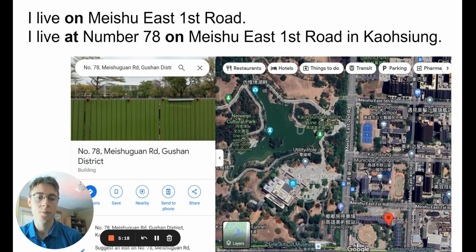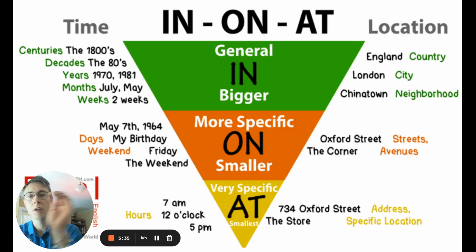Or if they know where Meishu Street is, then you could even tell them, I live at number 78 on Meishu East 1st Street, 1st Road in Kaohsiung. So it's getting more and more specific, starting with in Taiwan, on that certain street, and then at a certain address.